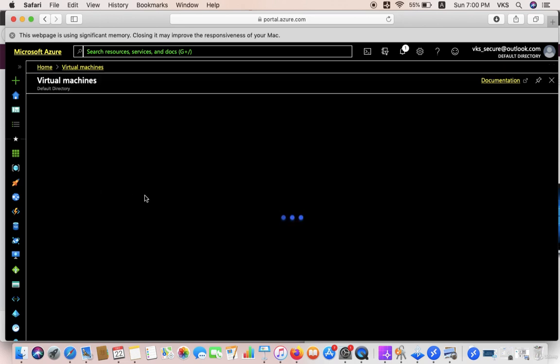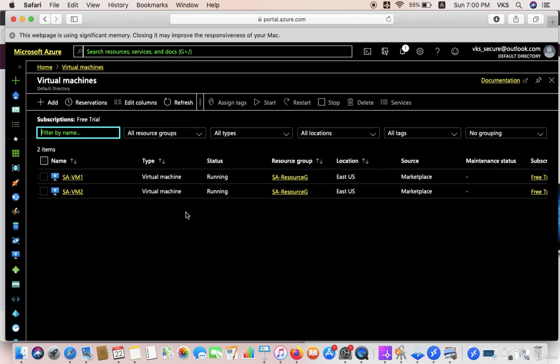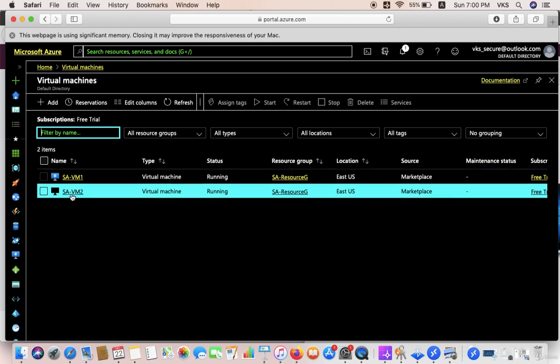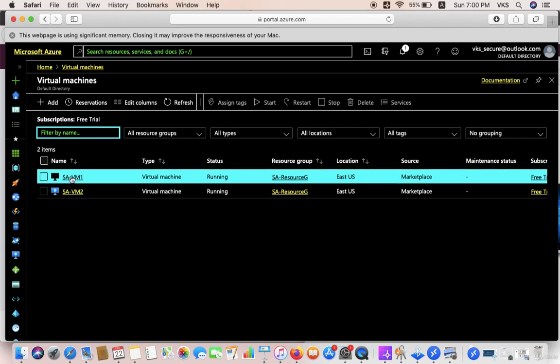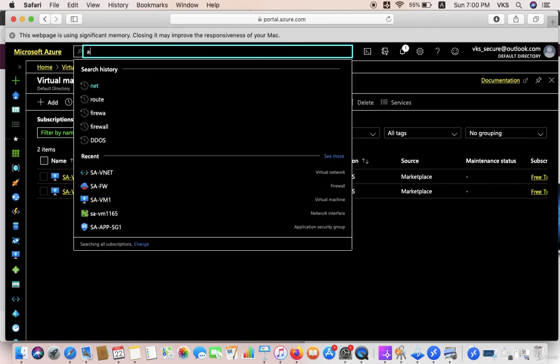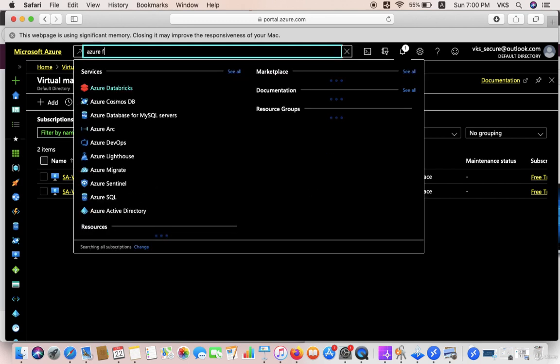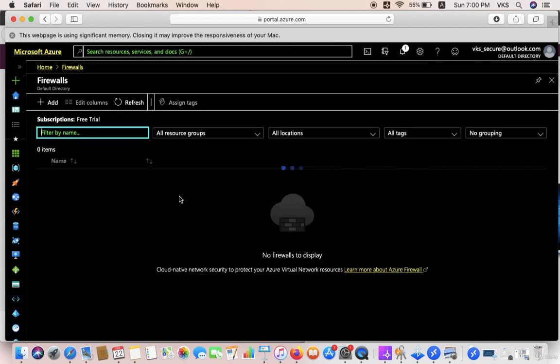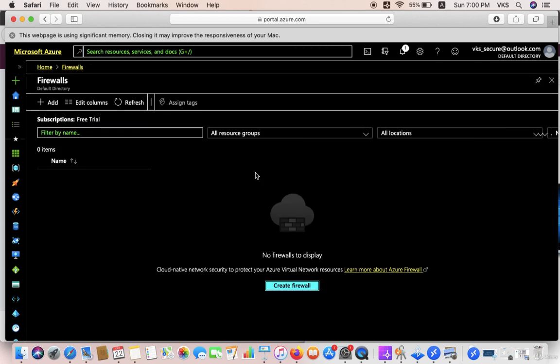So let me click on this. If you see, these are already there: SA-VM1, which is in subnet 1, and SAVM2, which is in subnet 2. We'll log into this particular machine and then take the RDP of the other machine as discussed. So let's first create a firewall. We'll type in Azure Firewall over here, and this is the firewall. We'll create a new firewall, Create firewall,